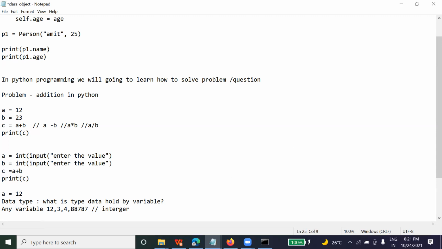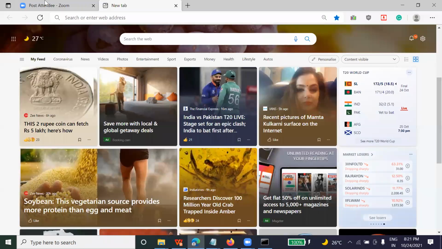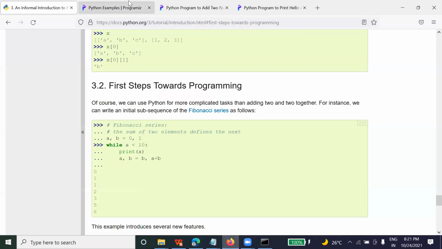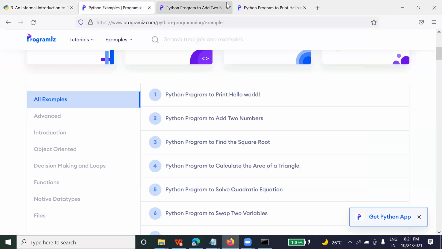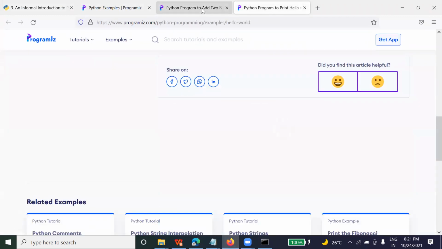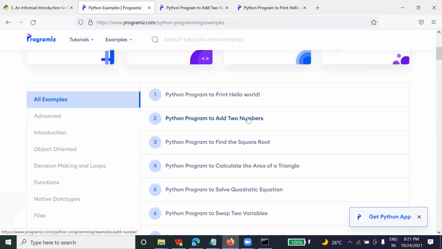Now let's see one more example. Suppose if I ask you to find the square root in a program, how are you going to do that?